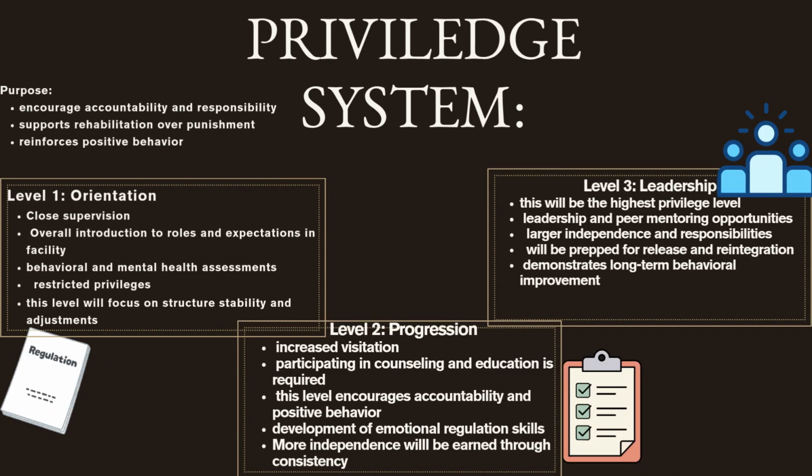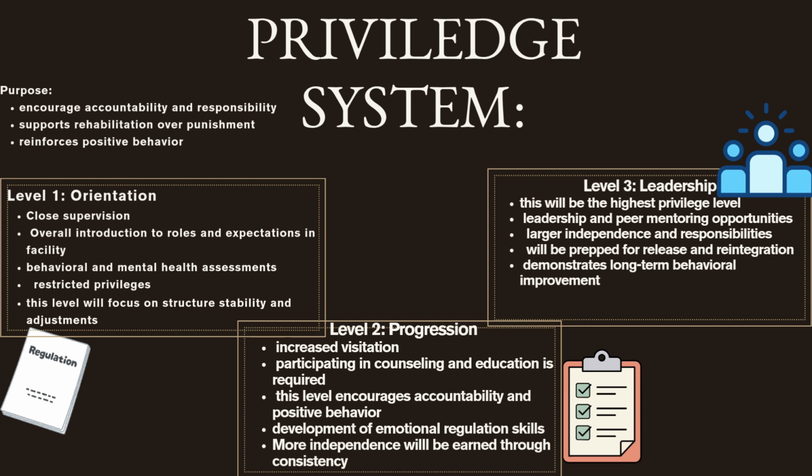Our privilege system is designed to encourage accountability, emotional growth, and positive behavior rather than relying on punishment. Juveniles will move through three levels based on counseling, participation, education, cooperation, and behavior. As the juveniles progress, they will earn additional privileges, responsibilities, and leadership opportunities. The system is meant to prepare them to be able to go back into society while still maintaining structure, supervision, and